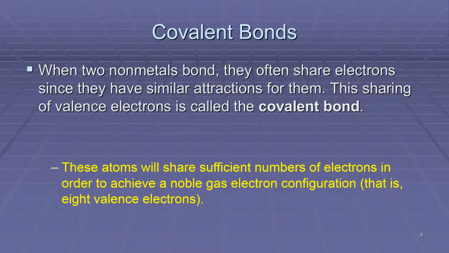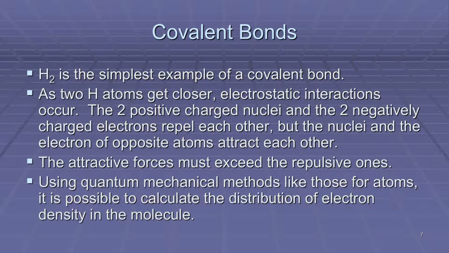And the reason why they'll make a bond is that they want to get 8 electrons, and so atoms will share enough numbers of electrons in order to get that 8 valence electrons or noble gas configuration. So some atoms only need to share 1 electron in order to get 1 more, or some have to share more. Okay, so let's look at the simplest example of a covalent bond, which would be a hydrogen molecule with